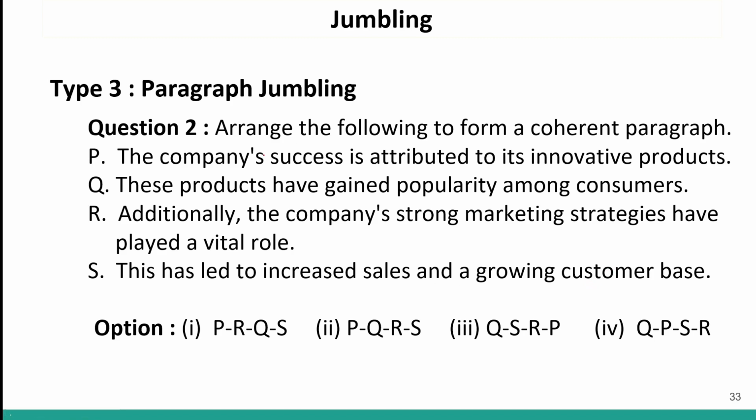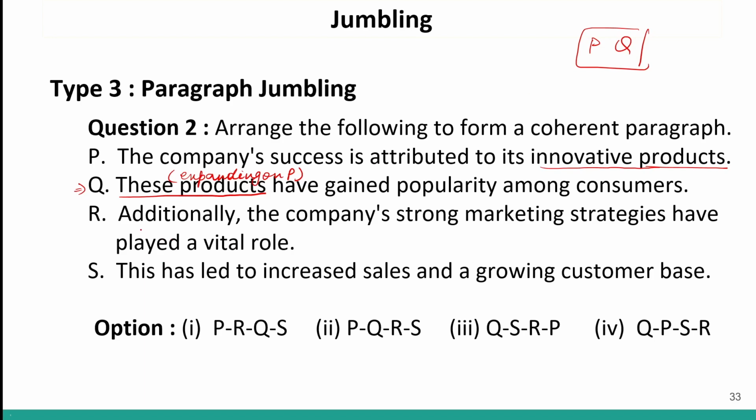How? The company's success is attributed to its innovative products. So here in this sentence, we introduced an idea of products. Now Q, let us look at Q. These products, which were introduced in P. So Q is expanding on P, expanding on the idea introduced in statement P, right? So I can say that Q will come after P. This is a logical pair,